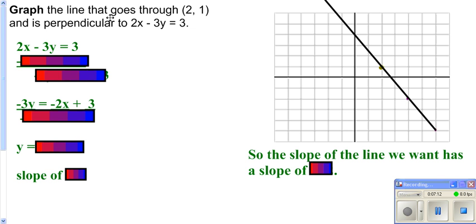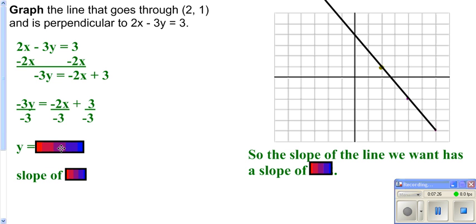So we need to go ahead and graph a line that goes through this point and perpendicular to this. Perpendicular means we first of all got to find our slope of that, so we got to solve it for y. So subtract your 2x from both sides. Then you got to get rid of the negative 3, so divide everything by negative 3. So we get a slope of a 2/3. But we want it perpendicular, so the slope we want is a, flip the fraction upside down, change the sign,